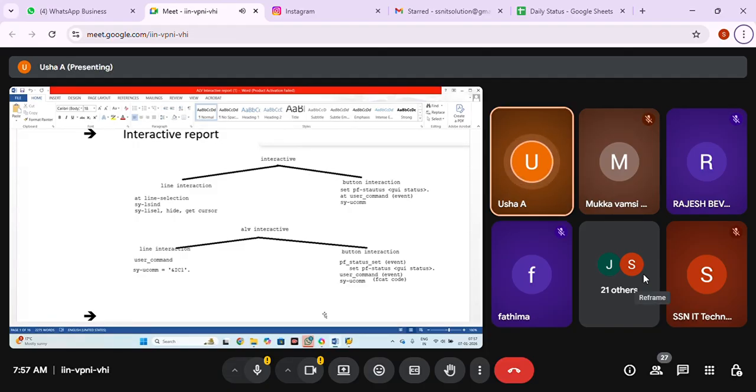And if it is storing any other function code, then we can write. But here I'm writing only line interaction, so I'm not checking that value whether it is %_IC1 or not. When I'm going to write both line interaction and button interaction, at that time I'll check the SY-UCOMM value whether it is line interaction or button.